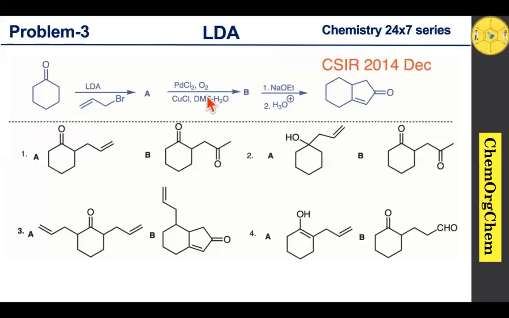Today, we are going to solve this problem which is based on LDA. So this is the question from CSIR 2014. According to this question,